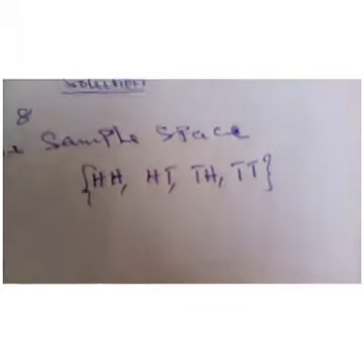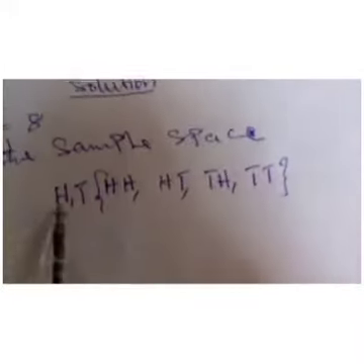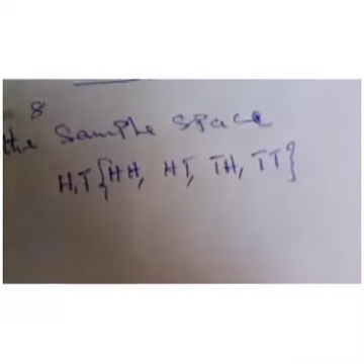But in a single throw of 3 fair coins, that means you are going to add another sample space of the 1. And when you throw the 1, it will have head and tail. When you throw 2, you do. So when you multiply this, you will generate for the 3. So let's generate for this, and we say H multiplied by H, that is head multiplied by head. You will have